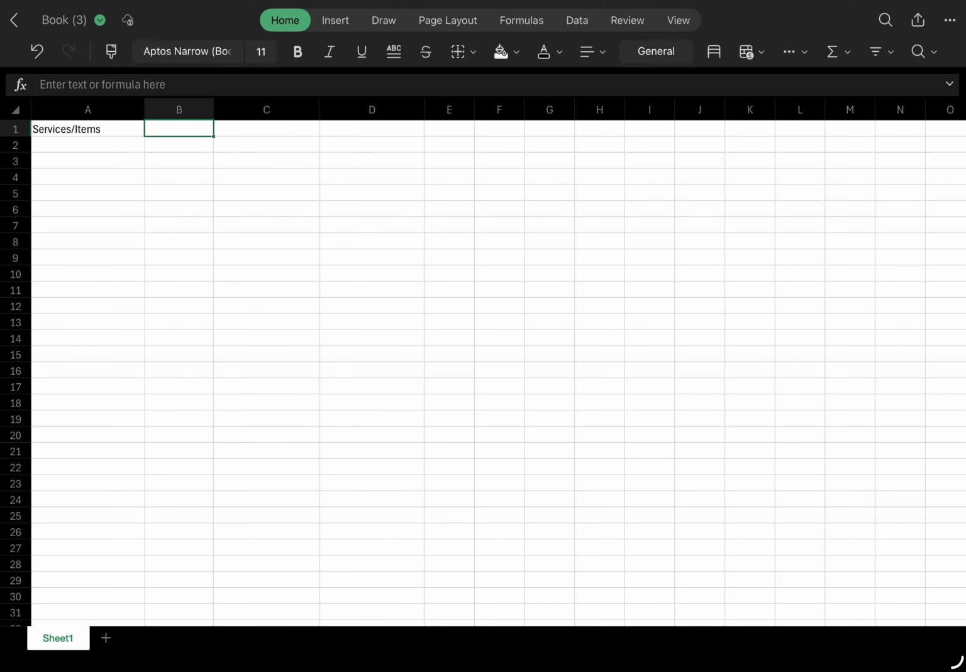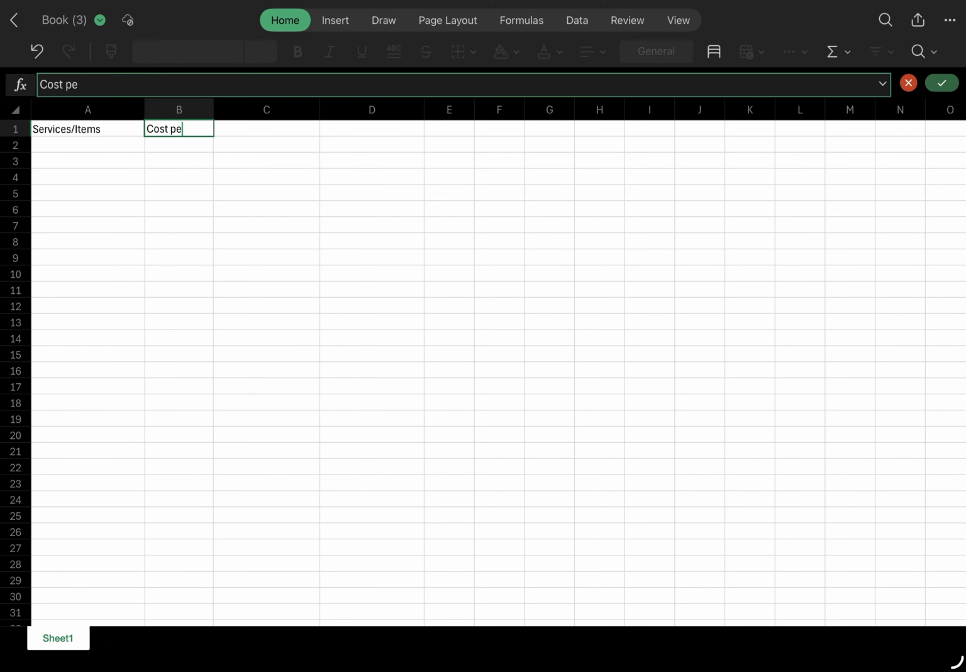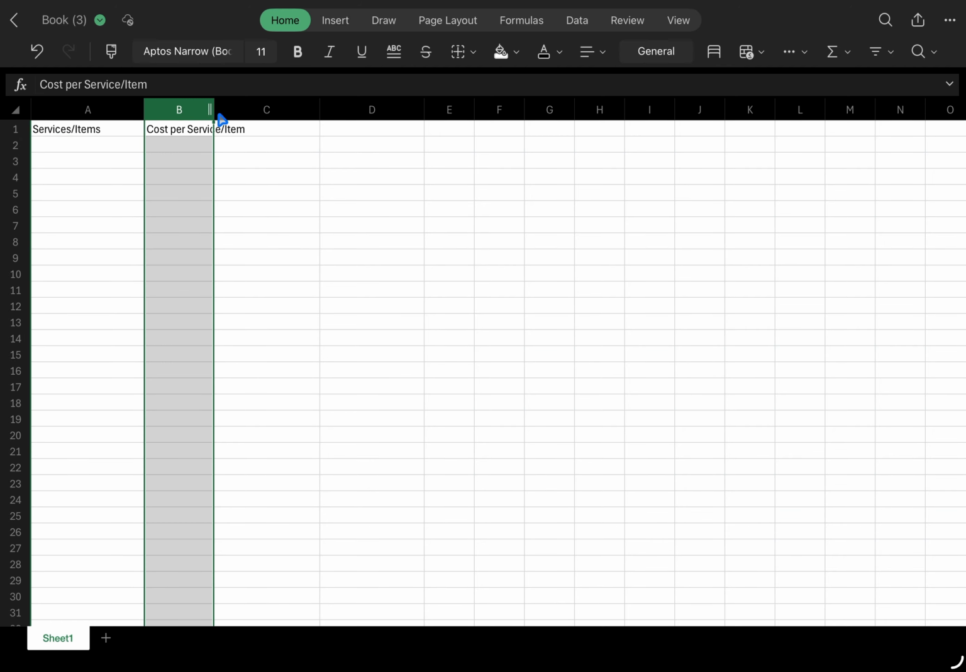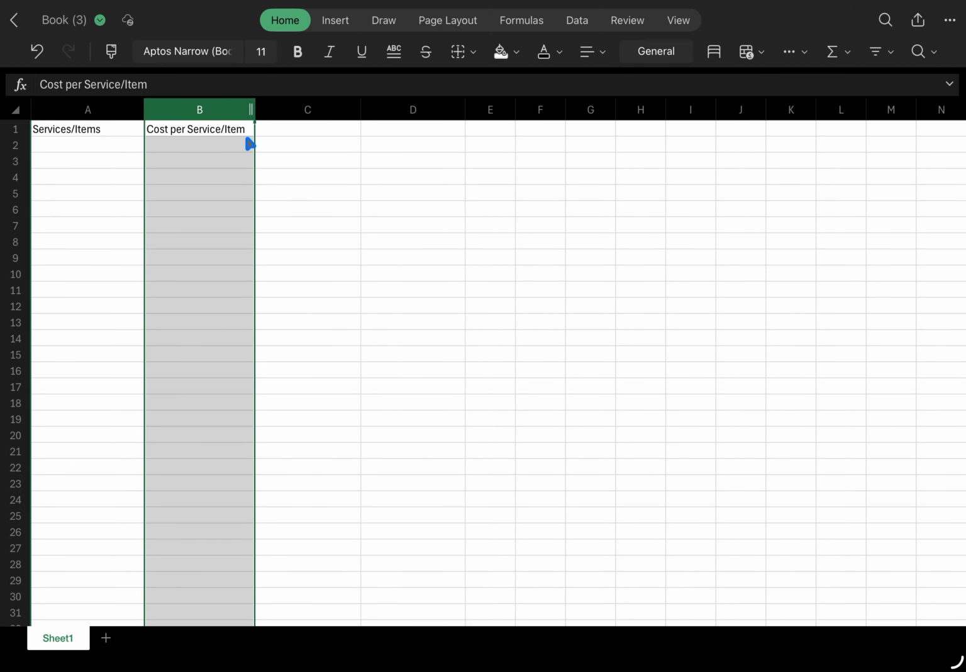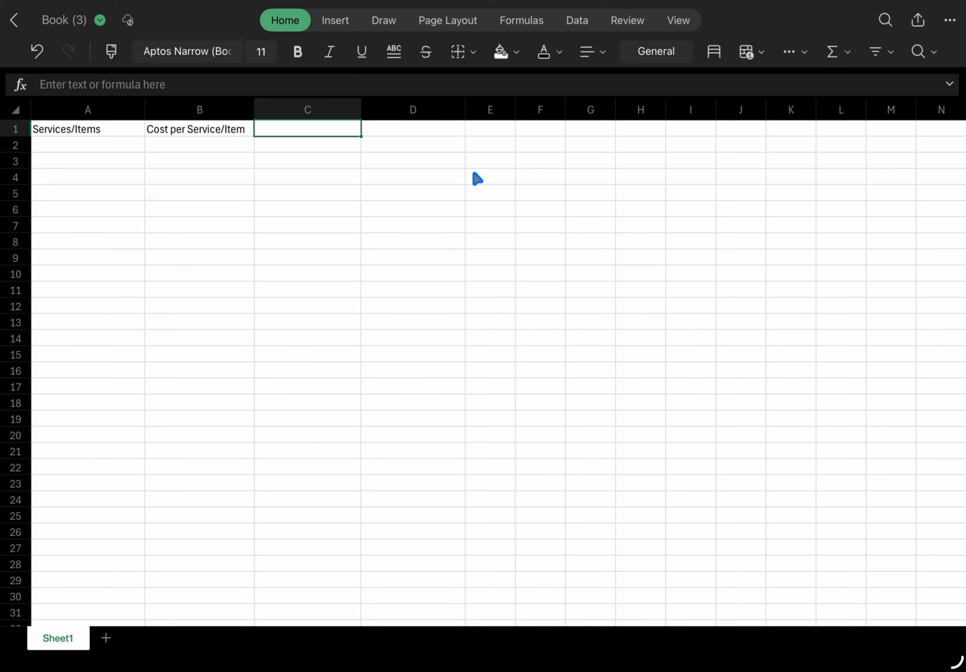Then I want to know the costs per service or item. And sometimes I like to make this just fit the biggest text, so sometimes you could just drag that, or you could double click that symbol to make that work. And then I'm going to use